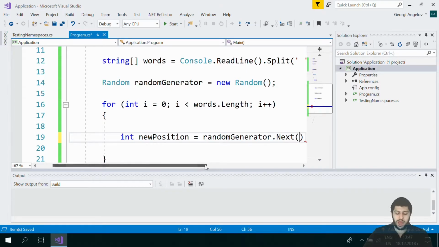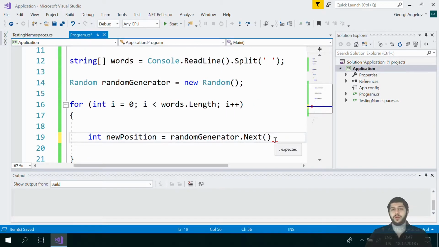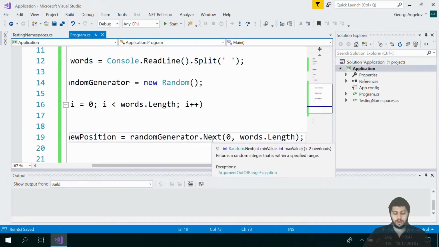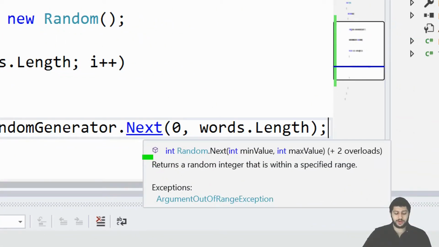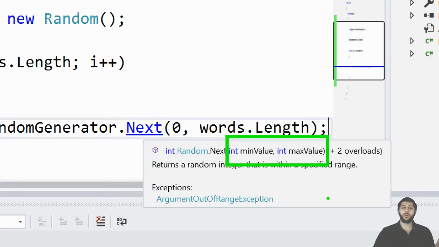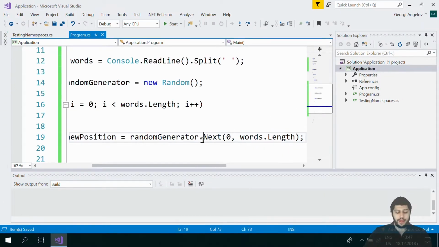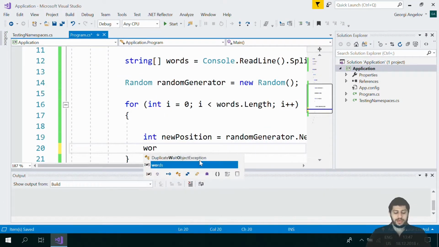So what we can do now is limit the domain of the random number. We can say, get me a random number from 0 to the words' length. And as you can see, next, when supplied with 2 integers, the lower and the higher bound, returns a random integer that is within the specified range. And now, as we have the new position, we can say words,